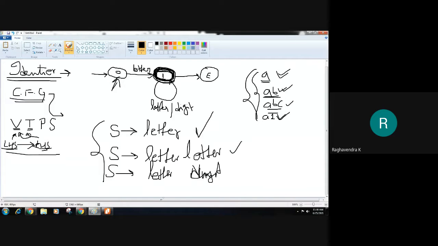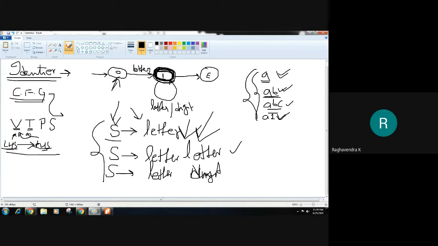So should I keep on writing productions like this? Before that, since I have written a production, we have to understand which is a variable and which is a terminal and a non-terminal symbol. Whatever appears on the left-hand side are variables, and whatever appears on the right-hand side are terminals or non-terminals, or variables.